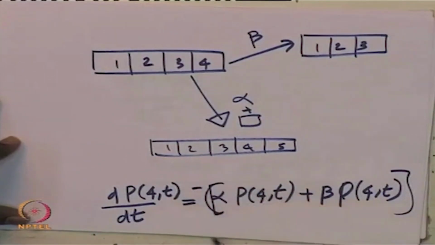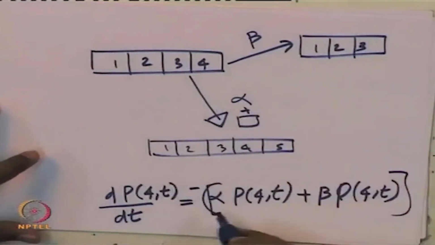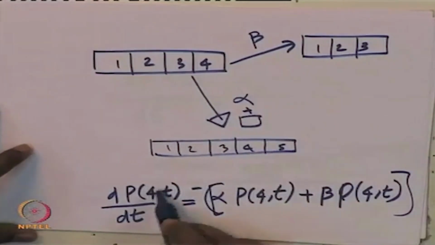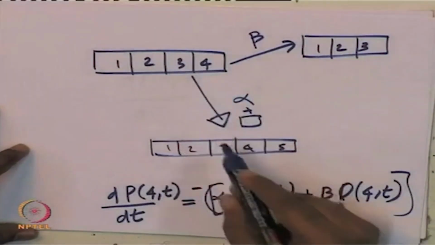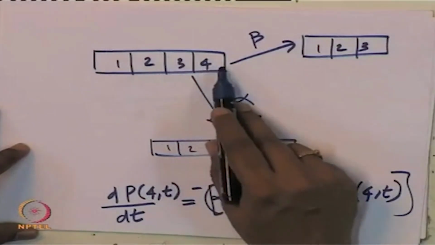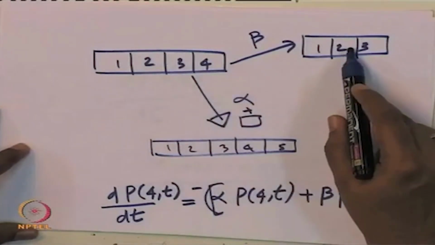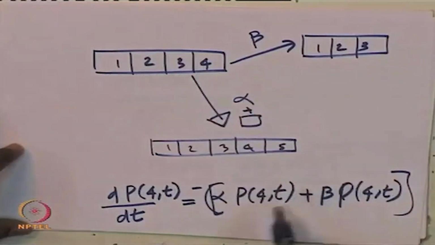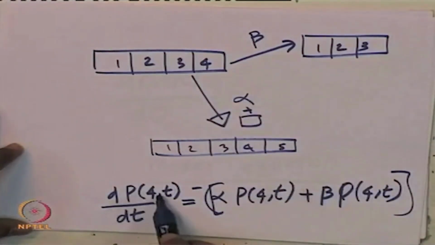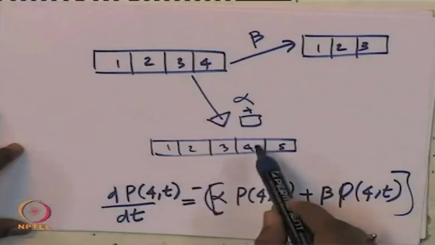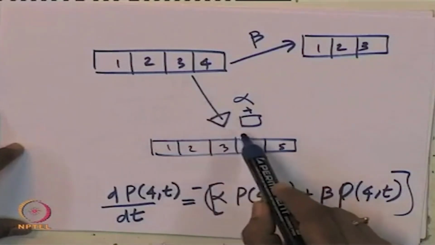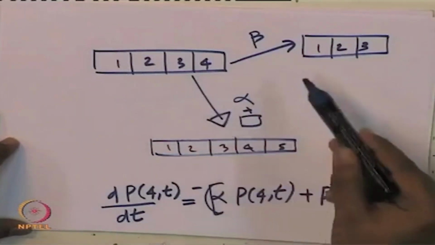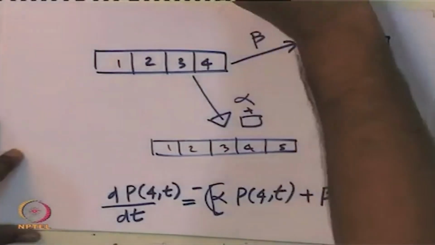In both the cases we discussed here, the probability to find 4 decreases, because here it goes from 4 to 3, here it goes from 4 to 5. So in both these examples, this p4 decreases: if it polymerizes, p4 decreases, and if it depolymerizes, p4 decreases. Let us think of it this way. You have a